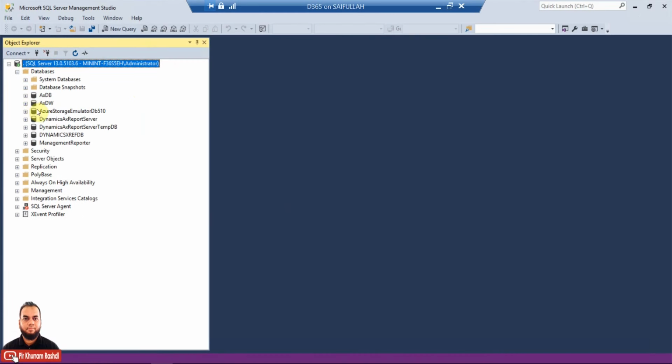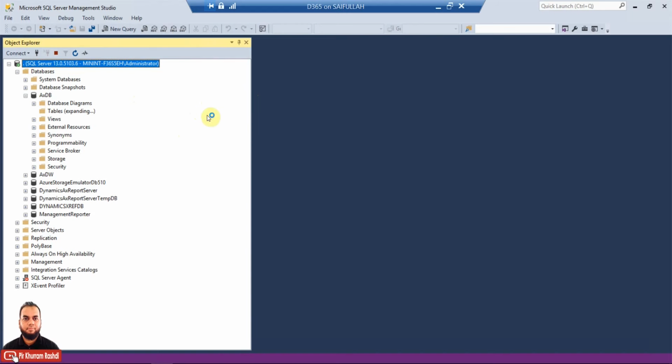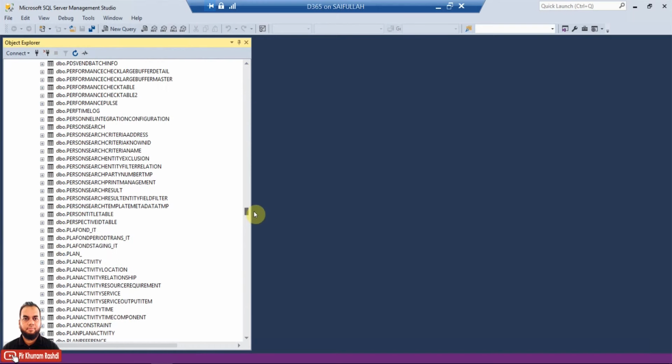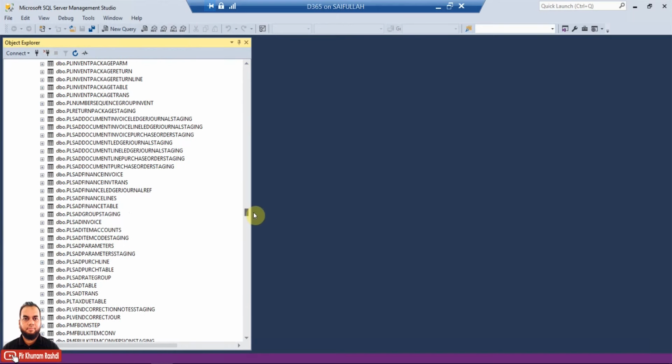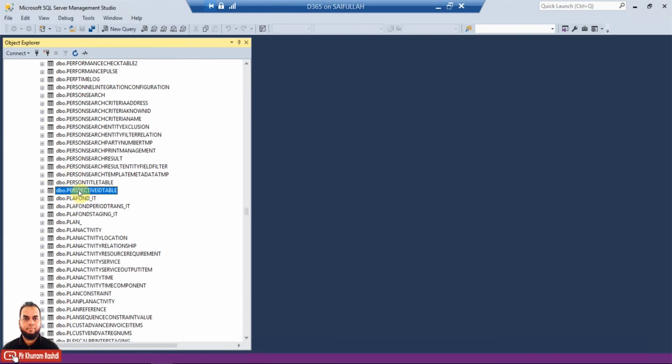So we'll go to our database, which is AXDB here, and go to the tables node, which is alphabetically sorted. It will expand now. Now you can see that if you go to P in the alphabetical order, PK, there is no table here.